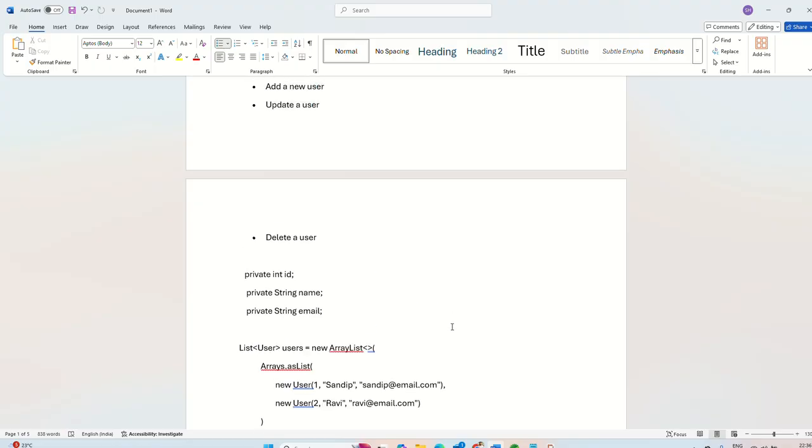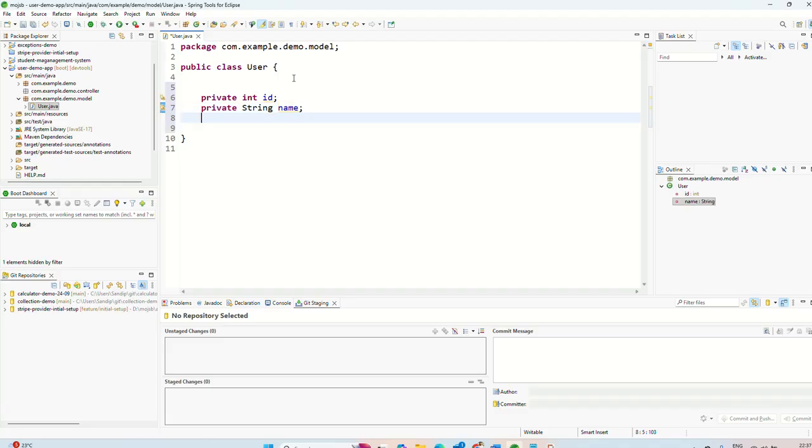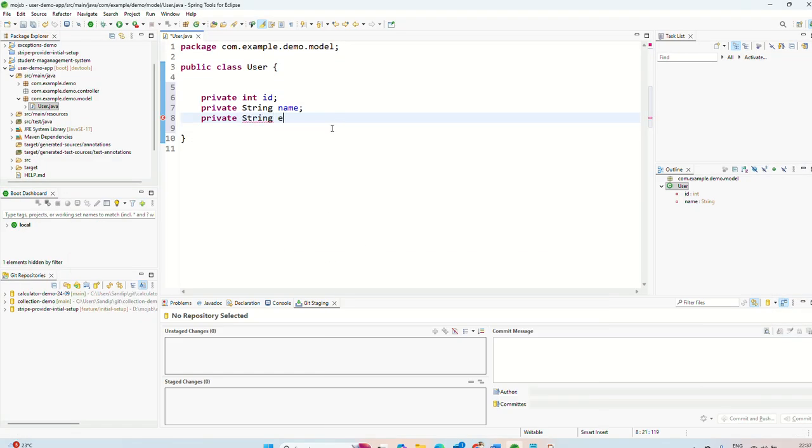Which will have its ID, string name and email ID in it. All the fields are private: private integer ID, private string name, private string email ID. Okay, we will take only 3 fields,